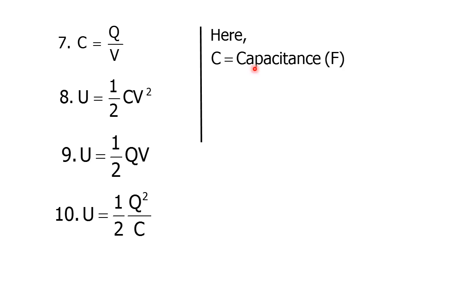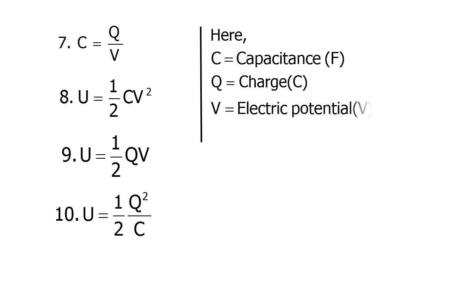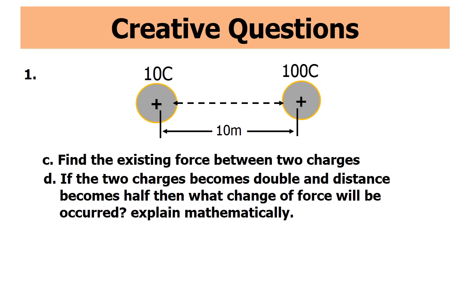Here C is the capacitance, whose unit is farad. Q is the charge, whose unit is coulomb. V is electric potential, whose unit is volt, and U is the stored energy, whose unit is joule. Let us talk about the creative questions on the topic of static electricity. The first creative question is,